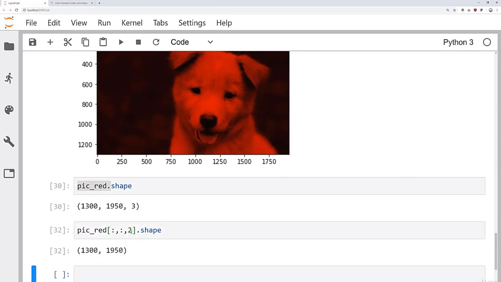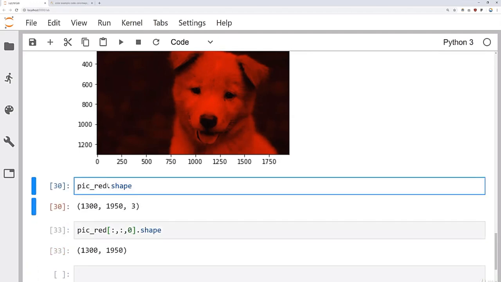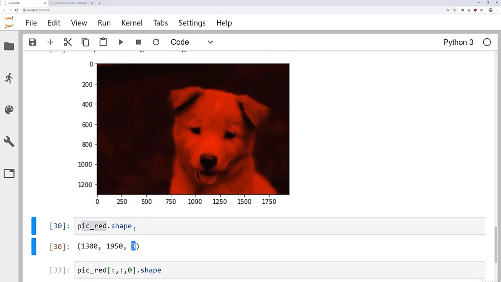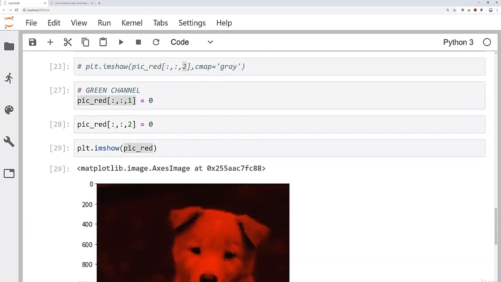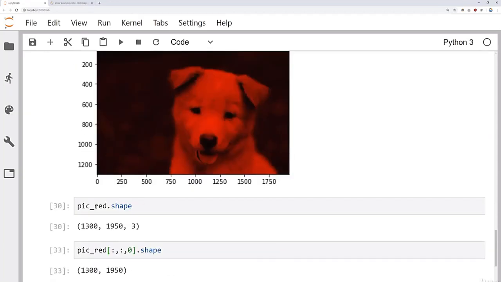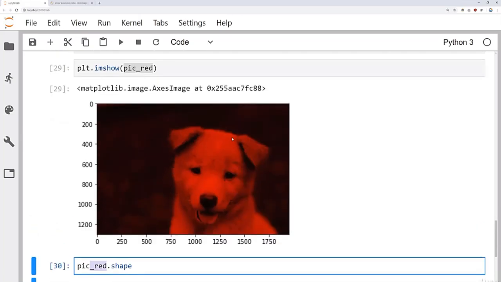And if I do the same for the other ones, you'll notice the shape doesn't change. When I say pick red without any indexing, it still has information for all 3 channels, except cleverly, we zeroed out the green channel as well as the blue channel, which is why this picture only shows up with the red. Okay, I know that was a bit complicated because of the NumPy indexing involved, but